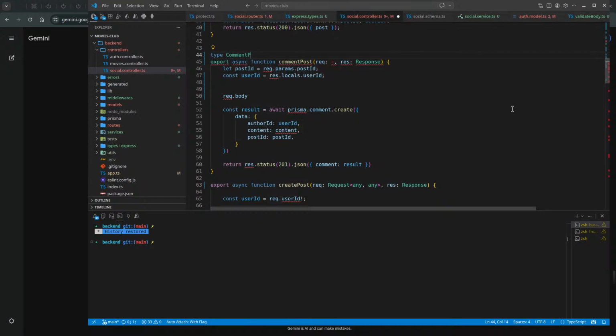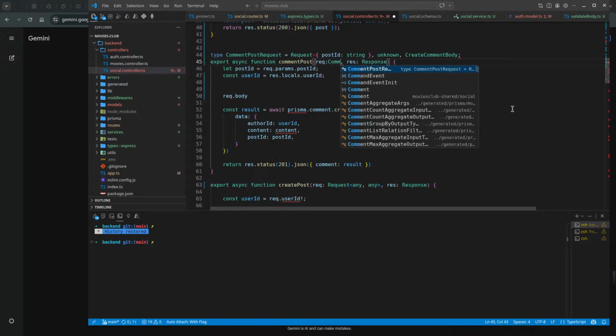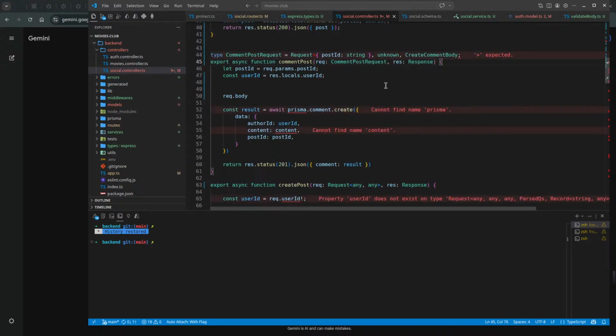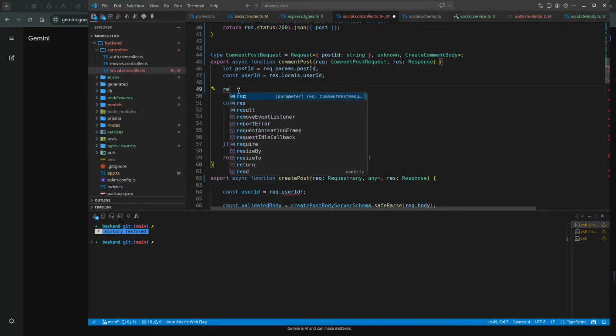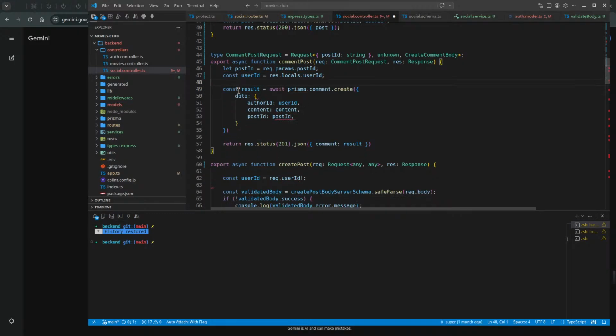Comment post request is equal to this thing. And then we can say comment post request. Nice. Okay. And now my req.body has a content. Very cool, very cool.